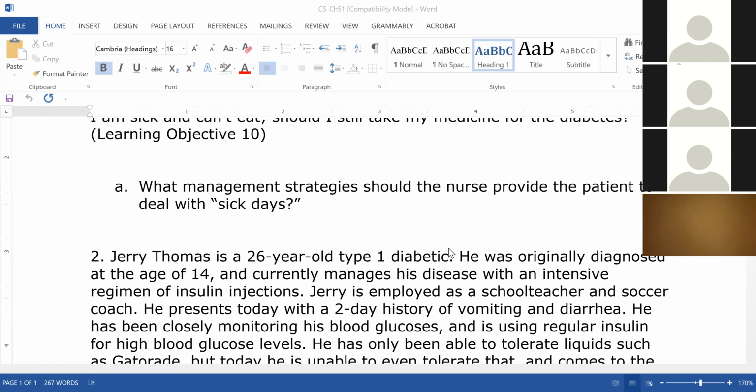So your type 1 folks are going to develop DKA. Your type 2 people are going to develop HHNC or HHK. That's how it's actually in your Lippincott book. So you got to be mindful of that process. Now, overall, diabetes as a disease,